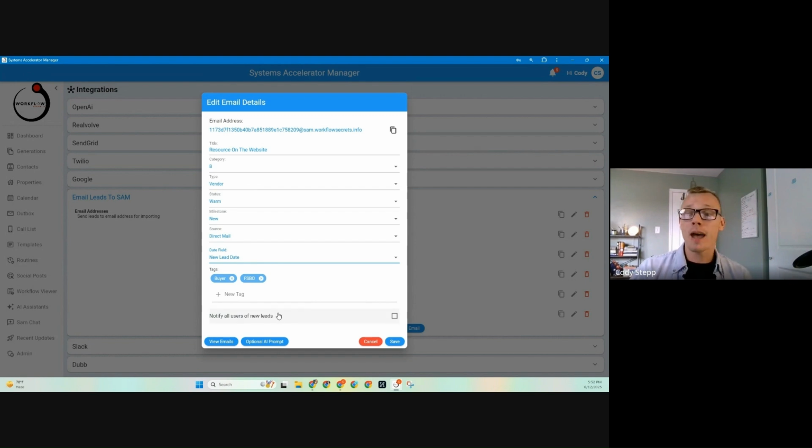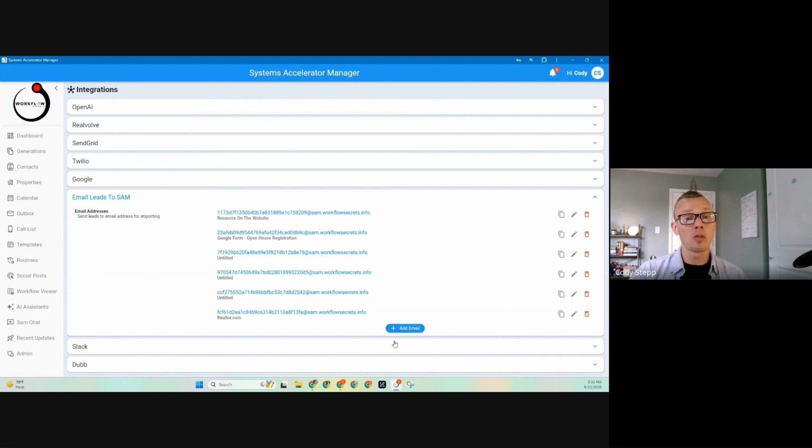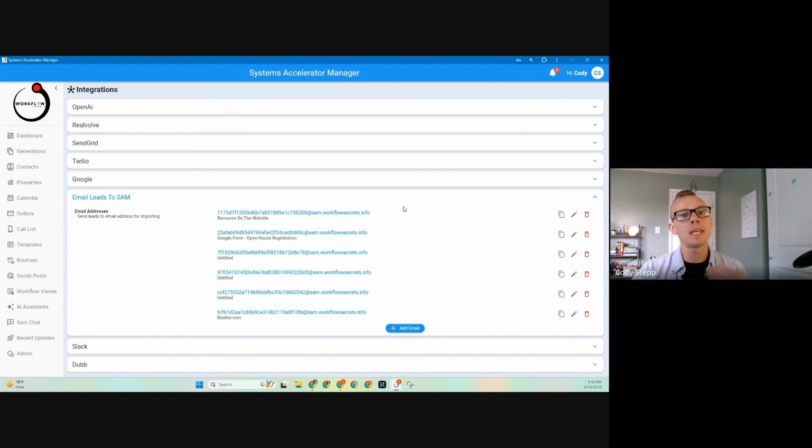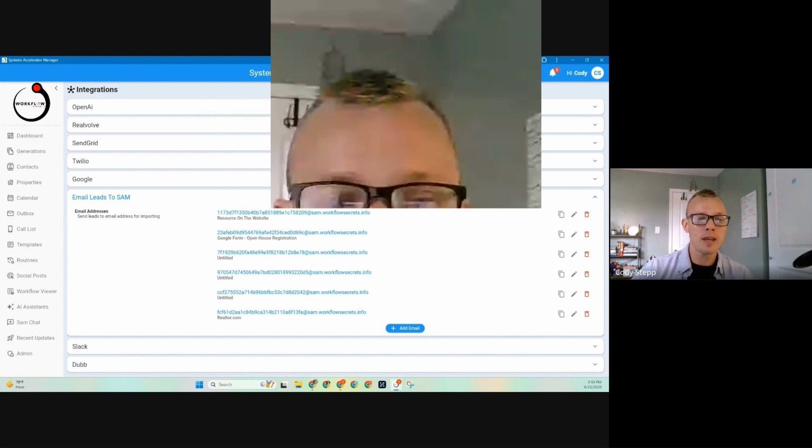But once we have all of that, at the very bottom we can check to notify all users of the lead. If we check this and we go ahead and hit save, what that would do for us is up on this top right-hand side, there's a little bell with some notifications. And anytime a new contact would come in, we would see a little notification. And anytime we logged into SAM, we would hear a little ding indicating to us that we have a new notification. So that's a really easy way to help keep your team alerted to the fact that we have some new information. So this is the basics of what I need you to actually go through and set up,